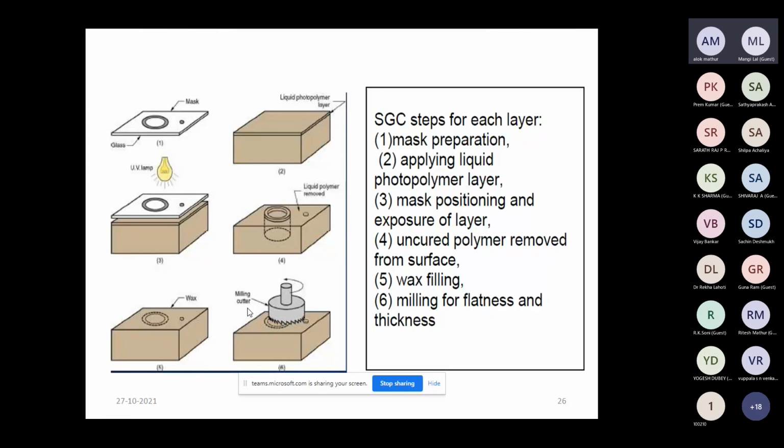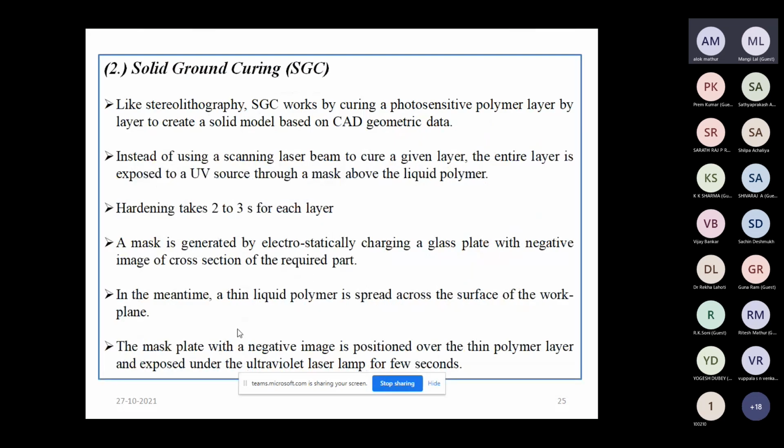With the help of a milling cutter, the surface is made neat and clean, at an equal level. When the whole product is made, the wax is eliminated and the final product is made. So this is the technique of solid ground curing.